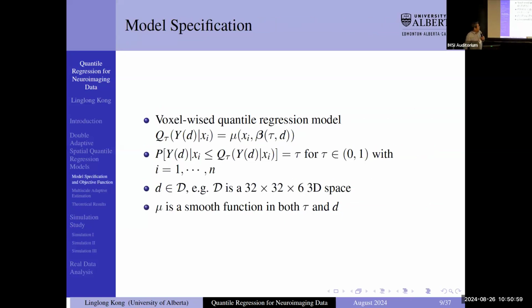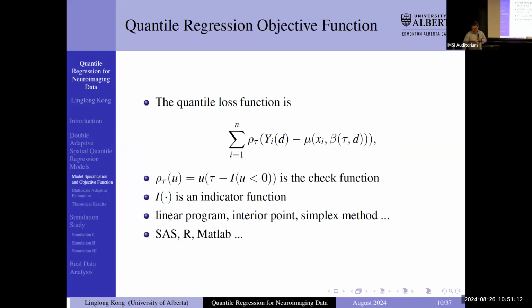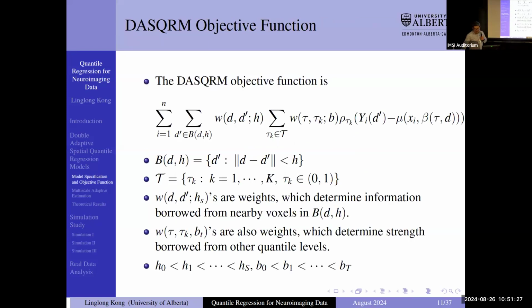Now, in particular, this is how we model the quantile. We model the tau conditional quantile given some covariates, satisfying this condition. Therefore, we can use this quantile loss function. We can use a lot of methods nowadays to do it, and it has been implemented in many software packages. Well, for our double adaptive method,